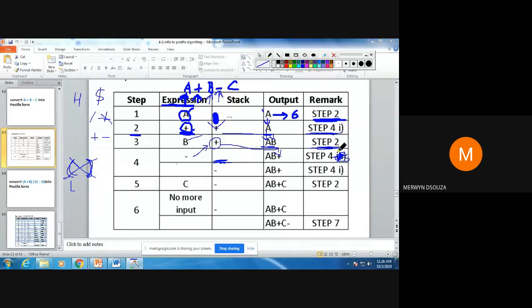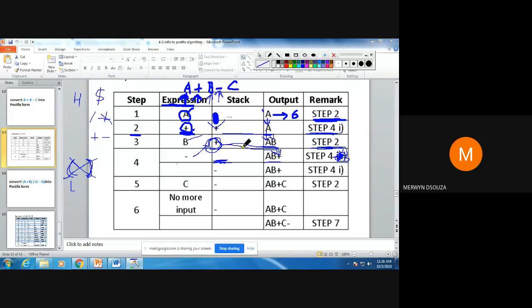So here you have to write that you have done step 4.4. You have popped the topmost element, pop only once. Right now you are going to pop only once because there is only one operator on the stack. So you will pop it, put it in the output.